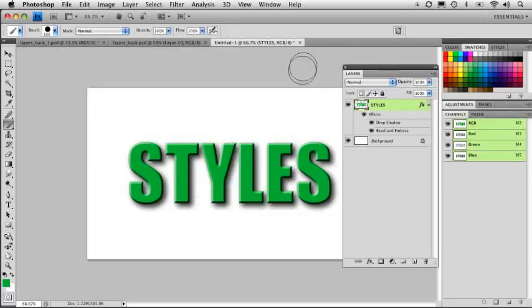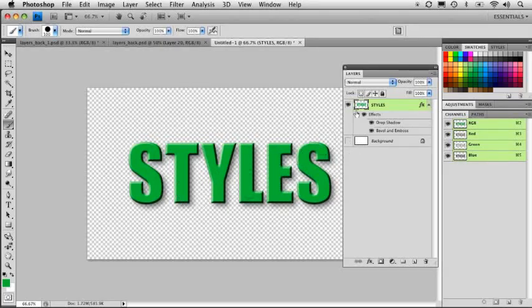But let's say, for instance, I wanted to be able to paint on these letters and not go outside the lines, in a sense. Well, not coloring outside the lines has never been easier. Here we have these lock settings, and this very first one is called lock transparency. So if I turn off my background layer, you notice that this text layer is on its own layer against a transparent background. If I go ahead and click on this and lock the transparency,